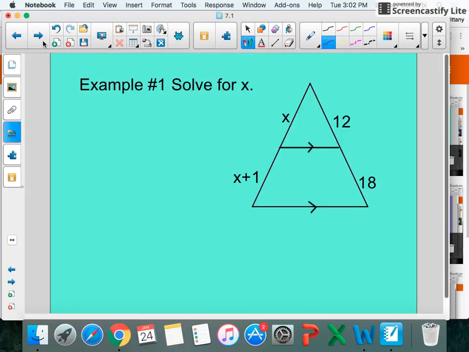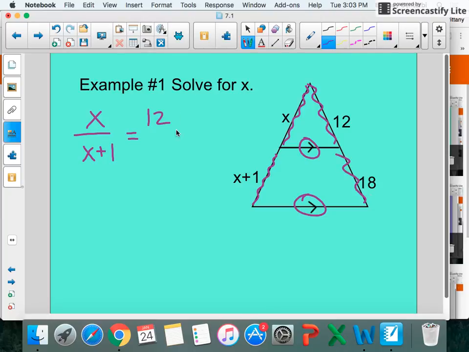So in example one, make sure that you're copying down the work as I work, or you can wait till I'm done working and then you can pause it and copy down the work from there. So if we were looking at that first theorem, we've got parallel. I know they're parallel because I have the arrows. So that means I can set my proportions up as follows. I can do my small side, so that's X is proportional to the other side right next to it, so X plus 1. And then that's going to equal this other small side, so 12, to the other small